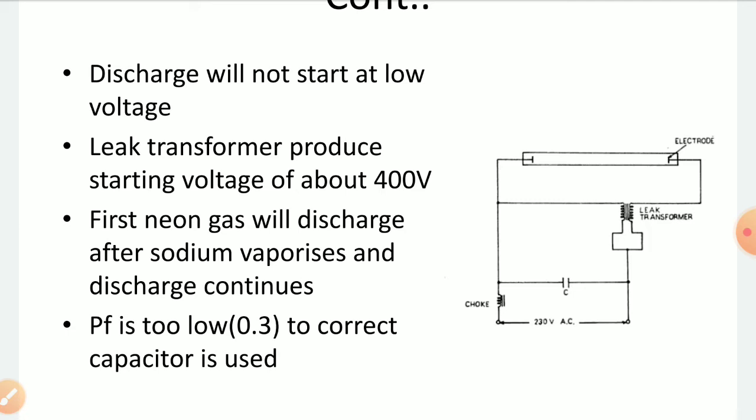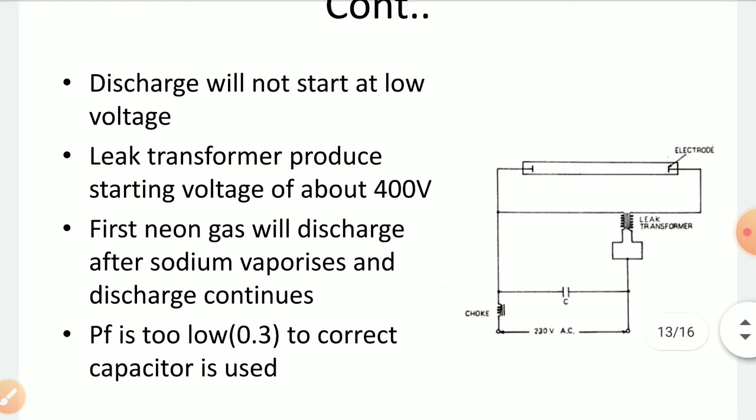To correct this power factor, a capacitance is used. The power factor of the discharge lamps is very low. To make the power factor correction, a capacitor is used in this particular case. Okay, that is a yellowish color, sometimes blue color of the light you will get in the sodium or mercury